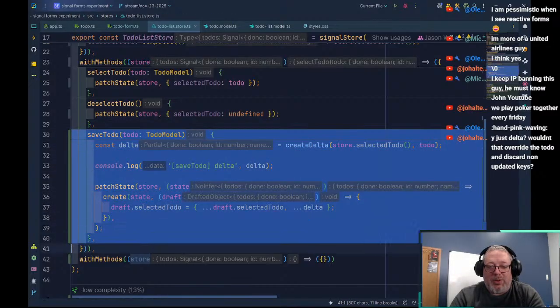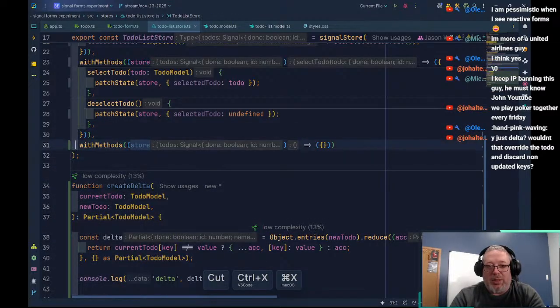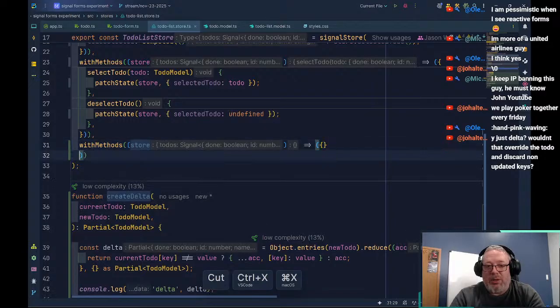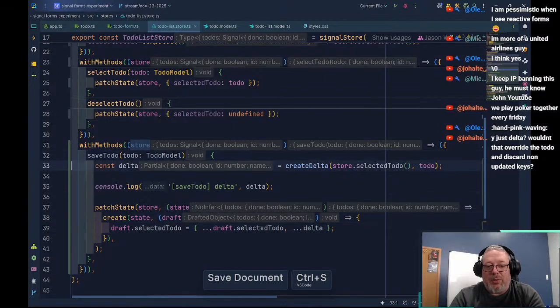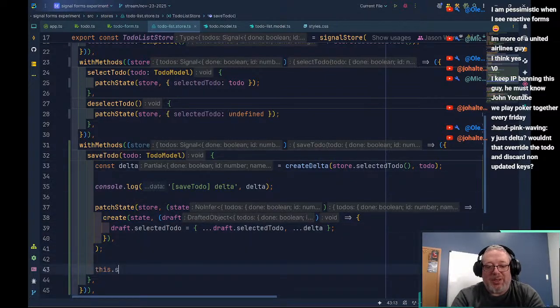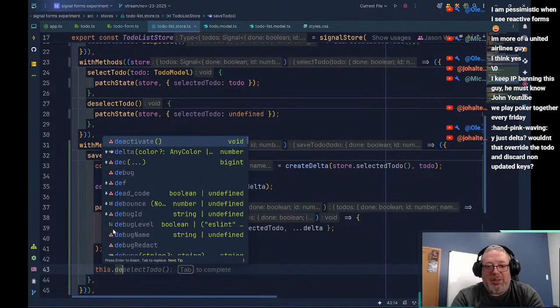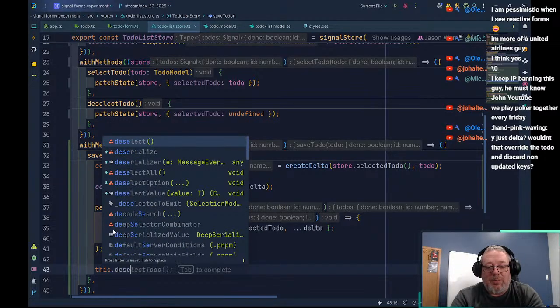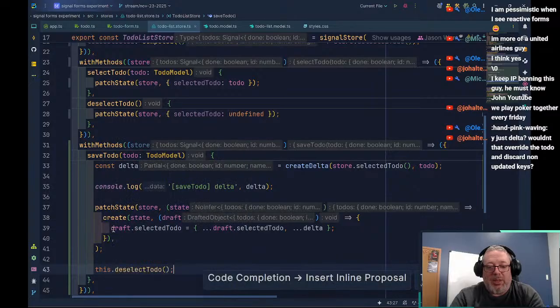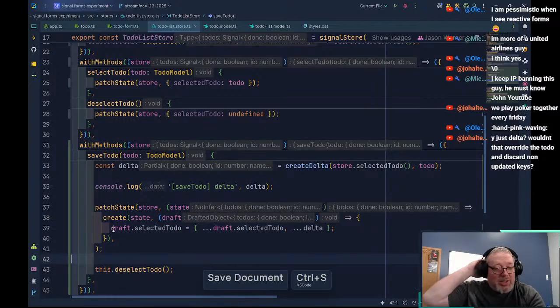So we'll grab you and put you inside of here. There we go. And then the last thing we want to do is right here, we can say this.selectTodo. And that will allow us to do that.